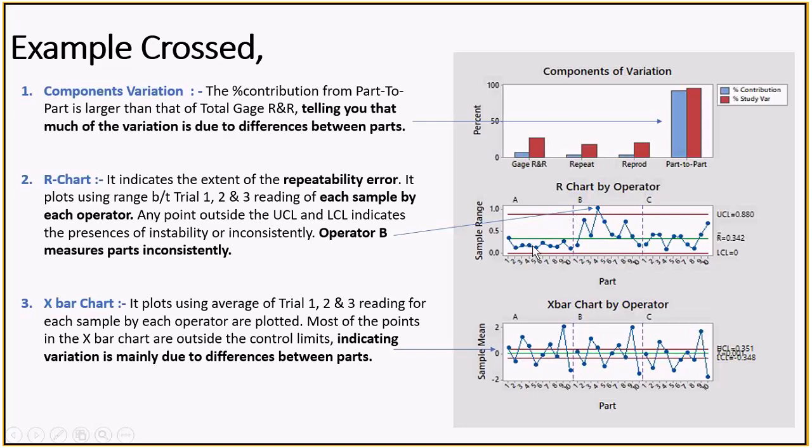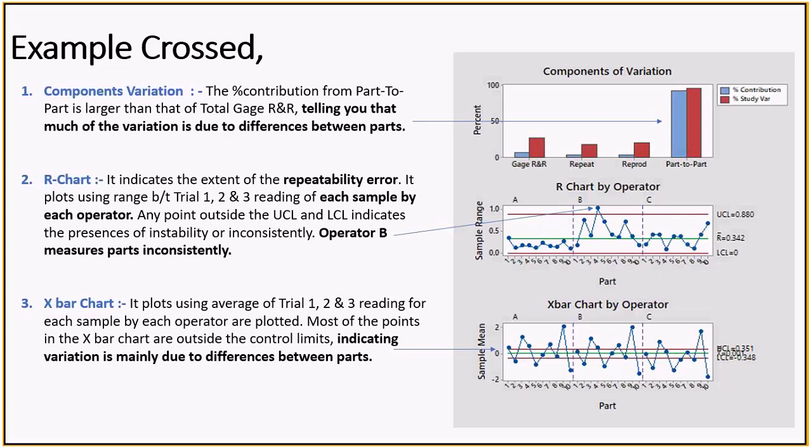What we want is, you can see there is an upper control limit and lower control limit. All the data should be within this upper and lower control limit. If it is within the limits, we would say yeah, the range is not out of limit, or the range is not inconsistent. We will say the range is stable if your data points are within this control limit. And you see these control limits are not very far, it is from 0 to 0.88 only. So we don't want the range to be too far.